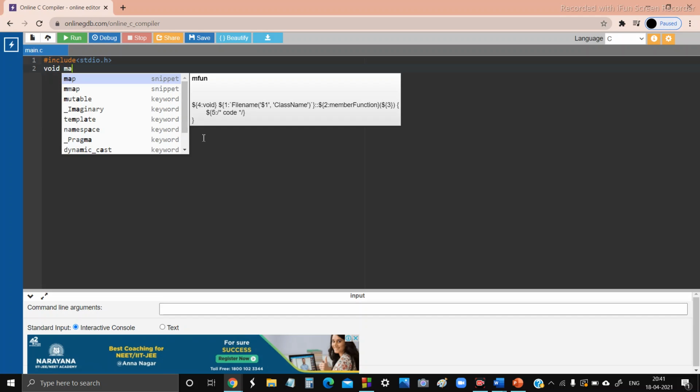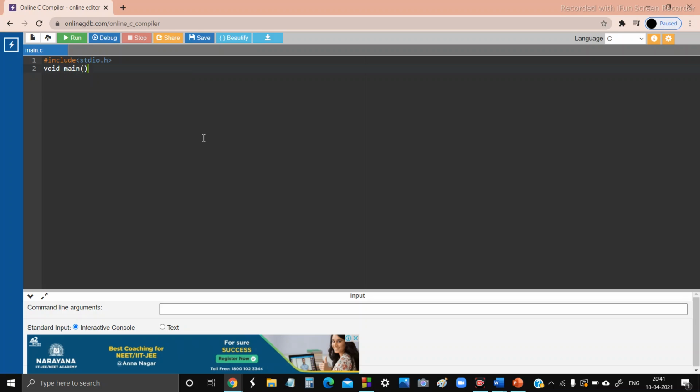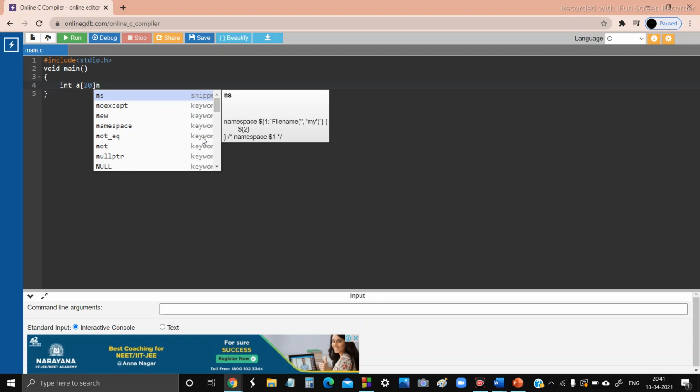Void main function, from where the execution starts. Here we are declaring an array of size 20 as the maximum. Here A is the name of the array and the maximum size of the array is 20. But the actual size is to be given by the user, for which we are declaring n here.